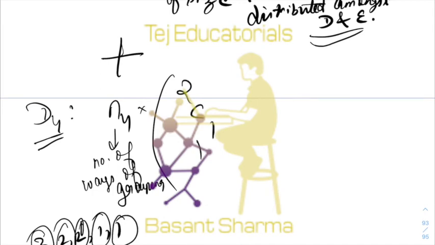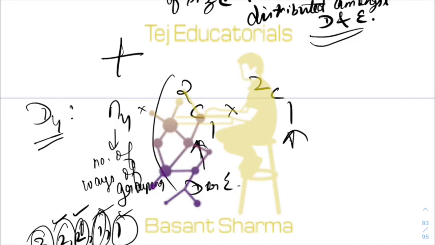2C1. This means select a group of size 2 out of these two groups of size 2 each, to be given to D or E. Then 2C1, select a group of size 1 out of these two groups, which is to be given to the remaining person, either D or E. Then the two groups that you have found, one of size 2 and one of size 1, which are to be given to D and E, you can distribute in 2 factorial ways.